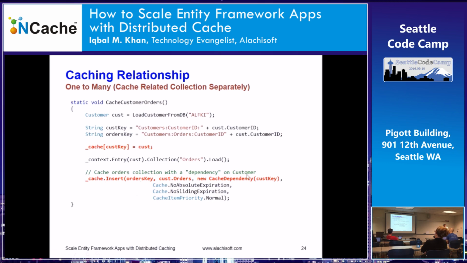You put the entire collection as one cache item, and then you create a cache dependency. So that cache item, that collection of orders, depends on the customer. Means that if the customer is ever updated or removed, that collection is also automatically removed by the cache. So you don't have to manage the relationship between the two. The same thing happens